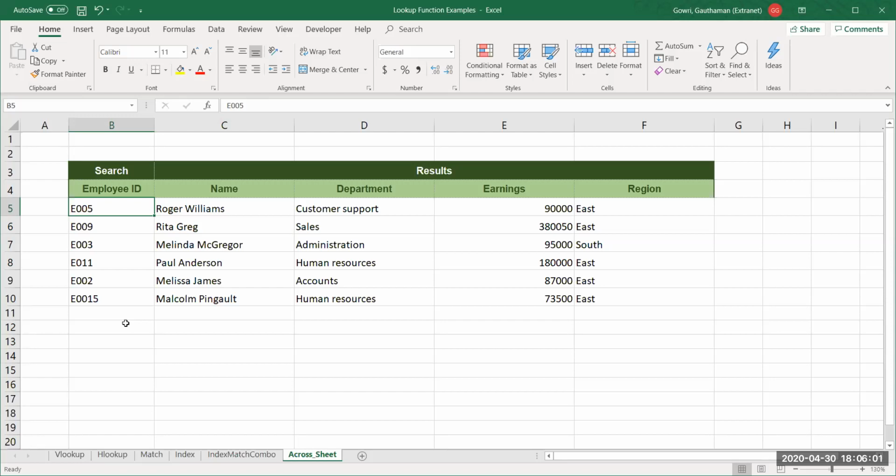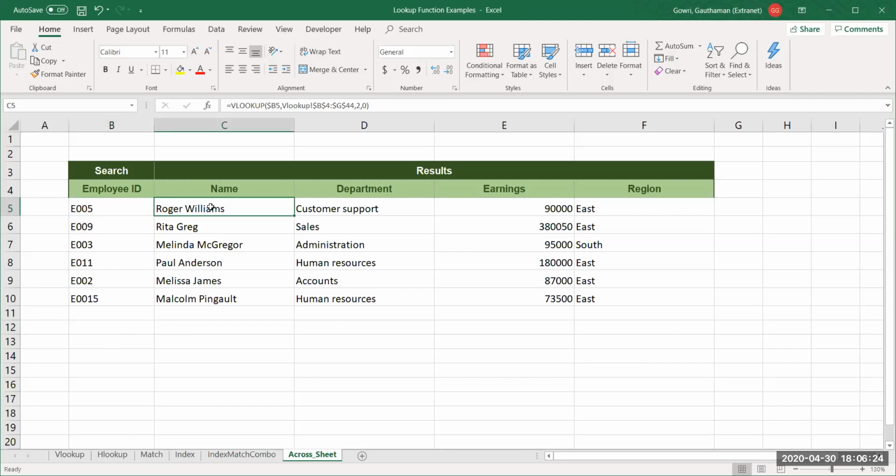I'm still not able to understand your question. You are trying to copy and paste it like this, and it is not working, is what you're saying. I mean to say, this employee ID E005, which you have in the B column, the same employee number you have in C column.